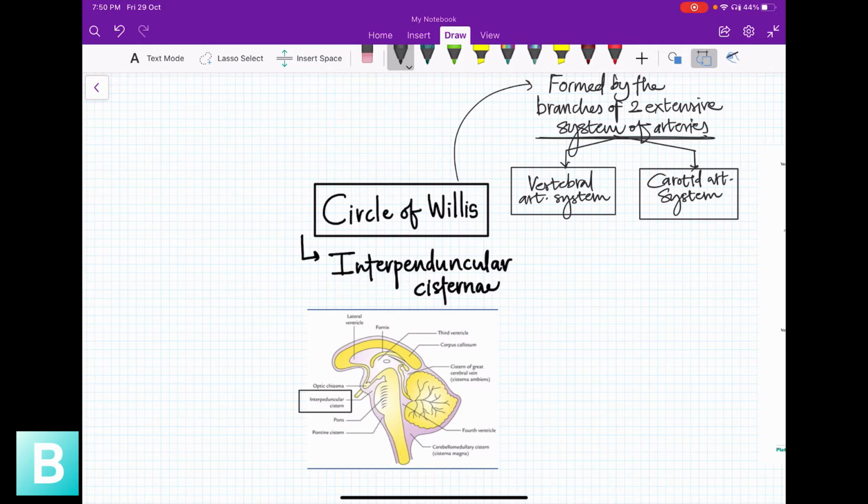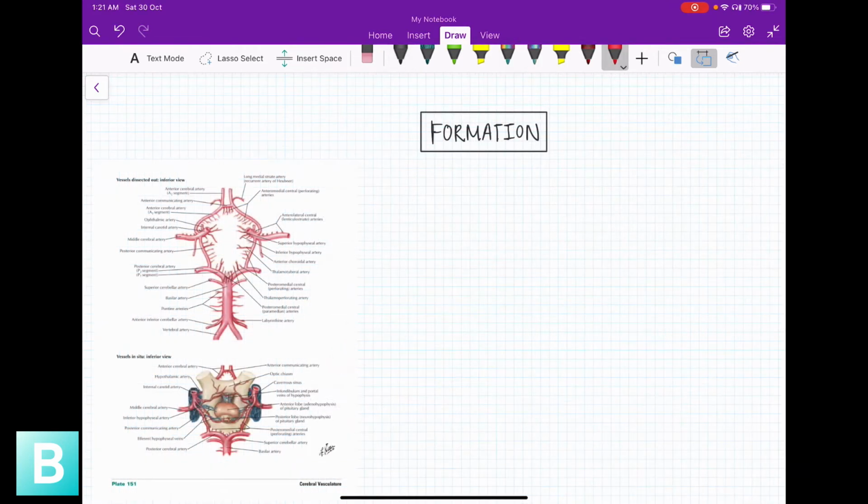Carotid arterial system is contributed by mainly internal carotid artery. Formation of circle of Willis. Two vertebral arteries ascend upwards and form the basilar artery. Basilar artery then ascends upwards and bifurcates into the posterior cerebral arteries. In between it gives the labyrinthine branches, pontine branches, and then internal carotid artery comes into the cranial cavity through